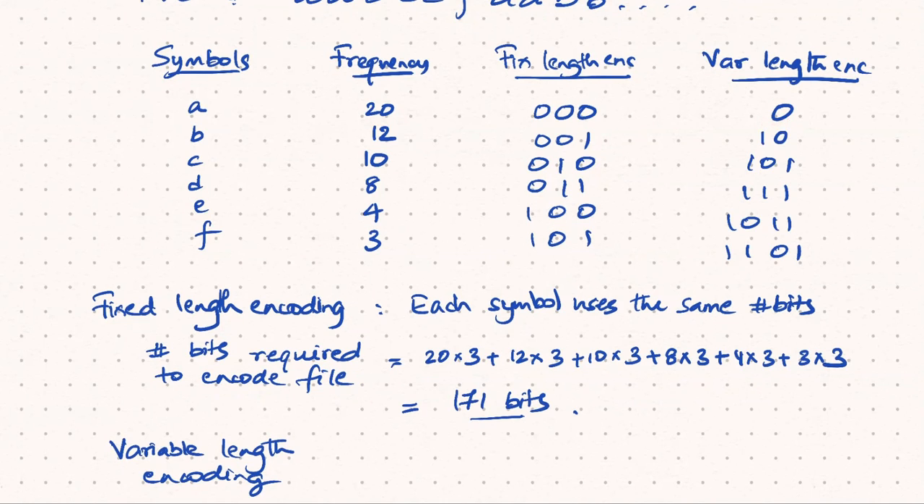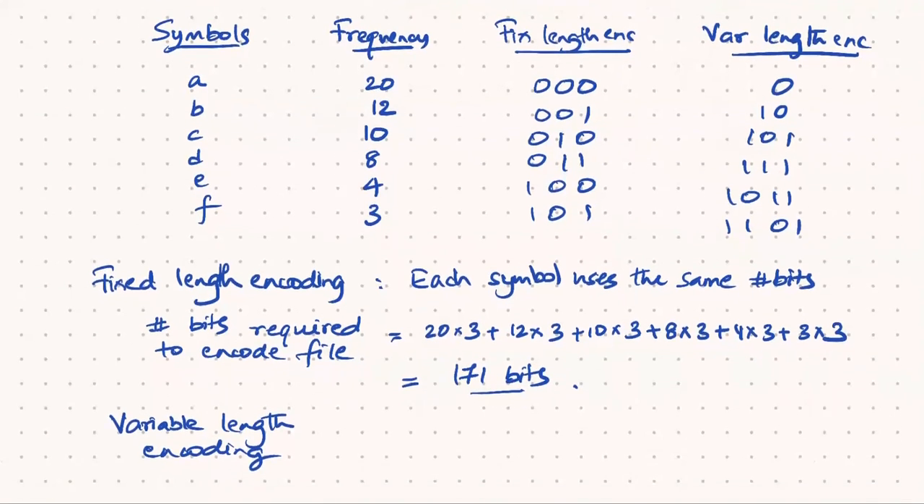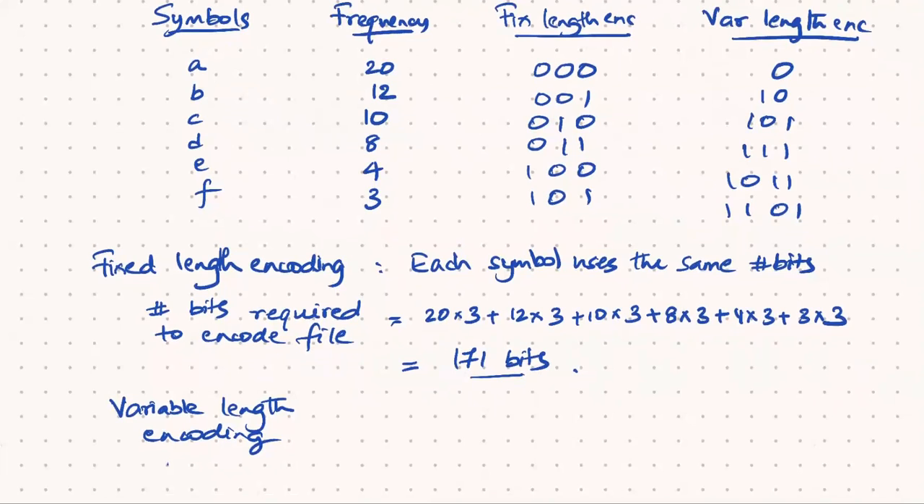Okay, so what that would mean is that the file size would reduce, because we are using fewer bits for symbols that occur many times, so the space required for those symbols would reduce, right? Our file size would reduce. So if we compute the same quantity, the number of bits required to encode the file,